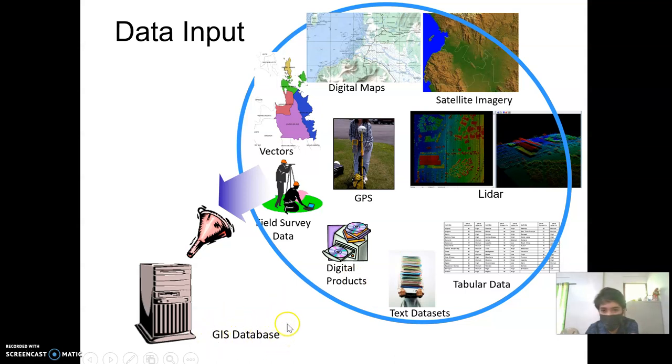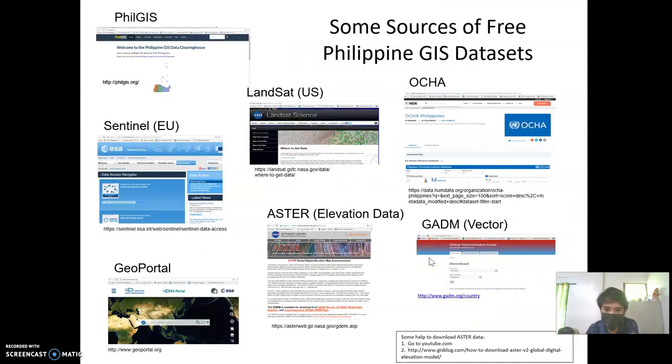So again, we filter all those data types in order to make our own GIS database. The GIS database is not limited to only one kind of data, but a numerous type of bulk of data. If you really want to pursue this field in GIS,